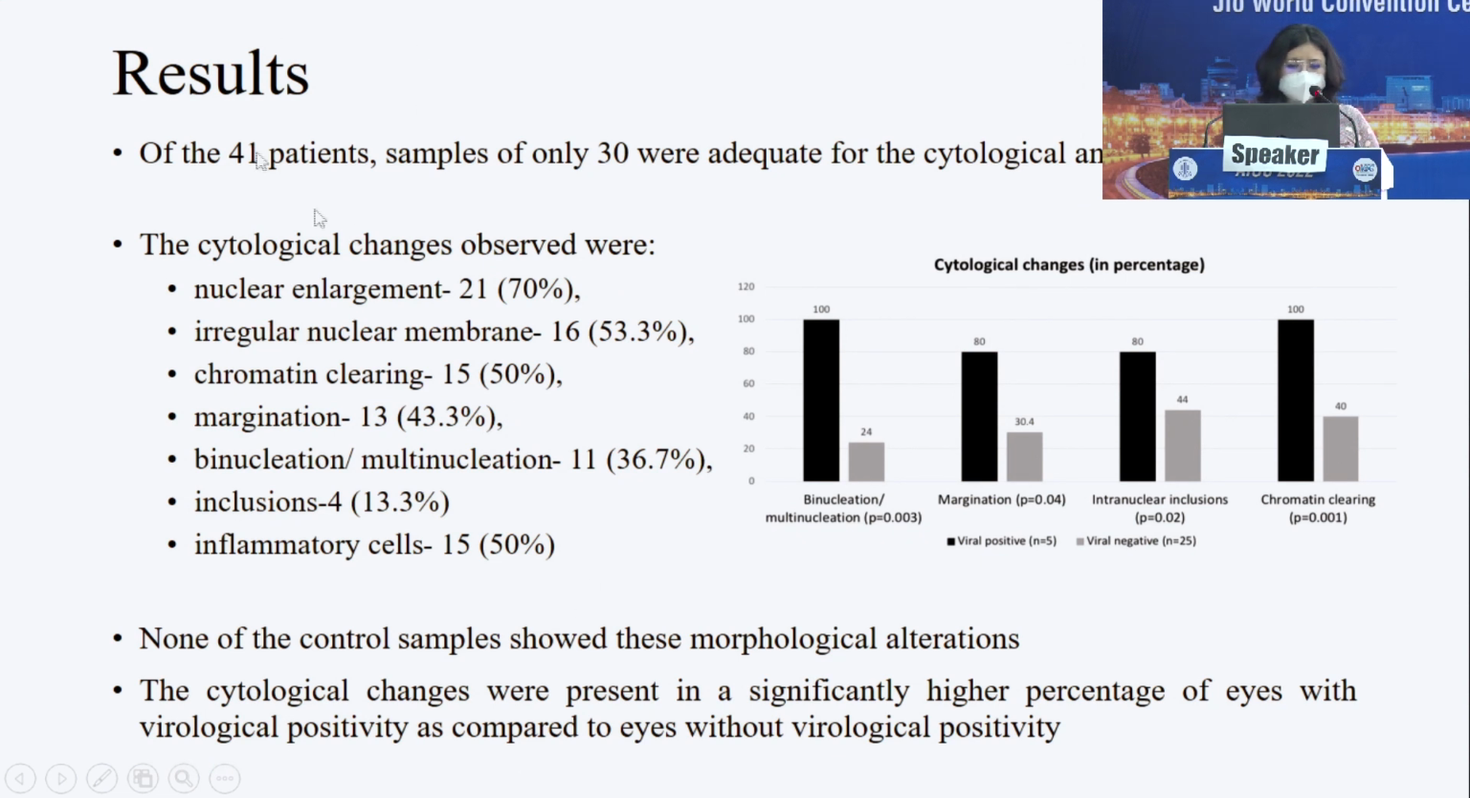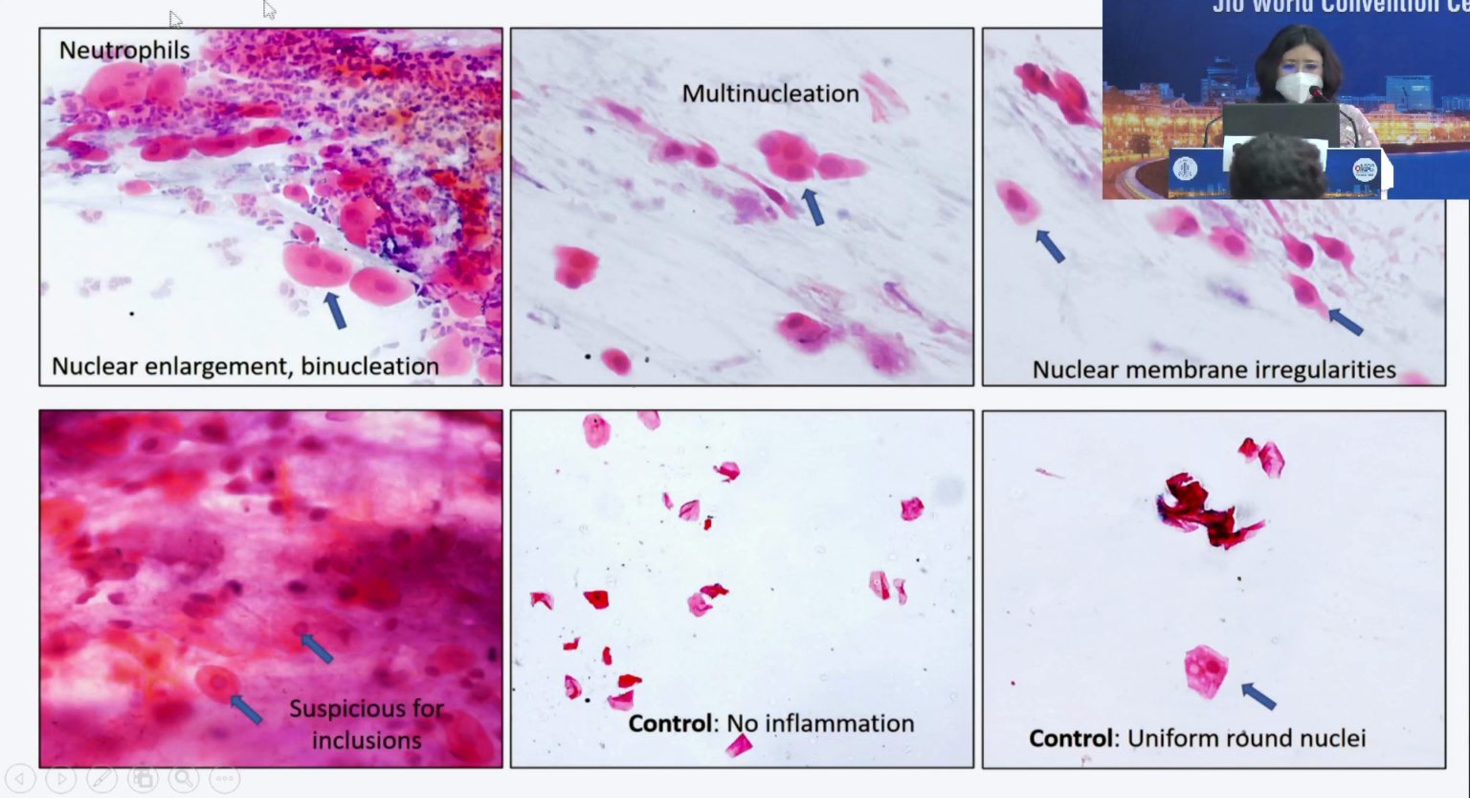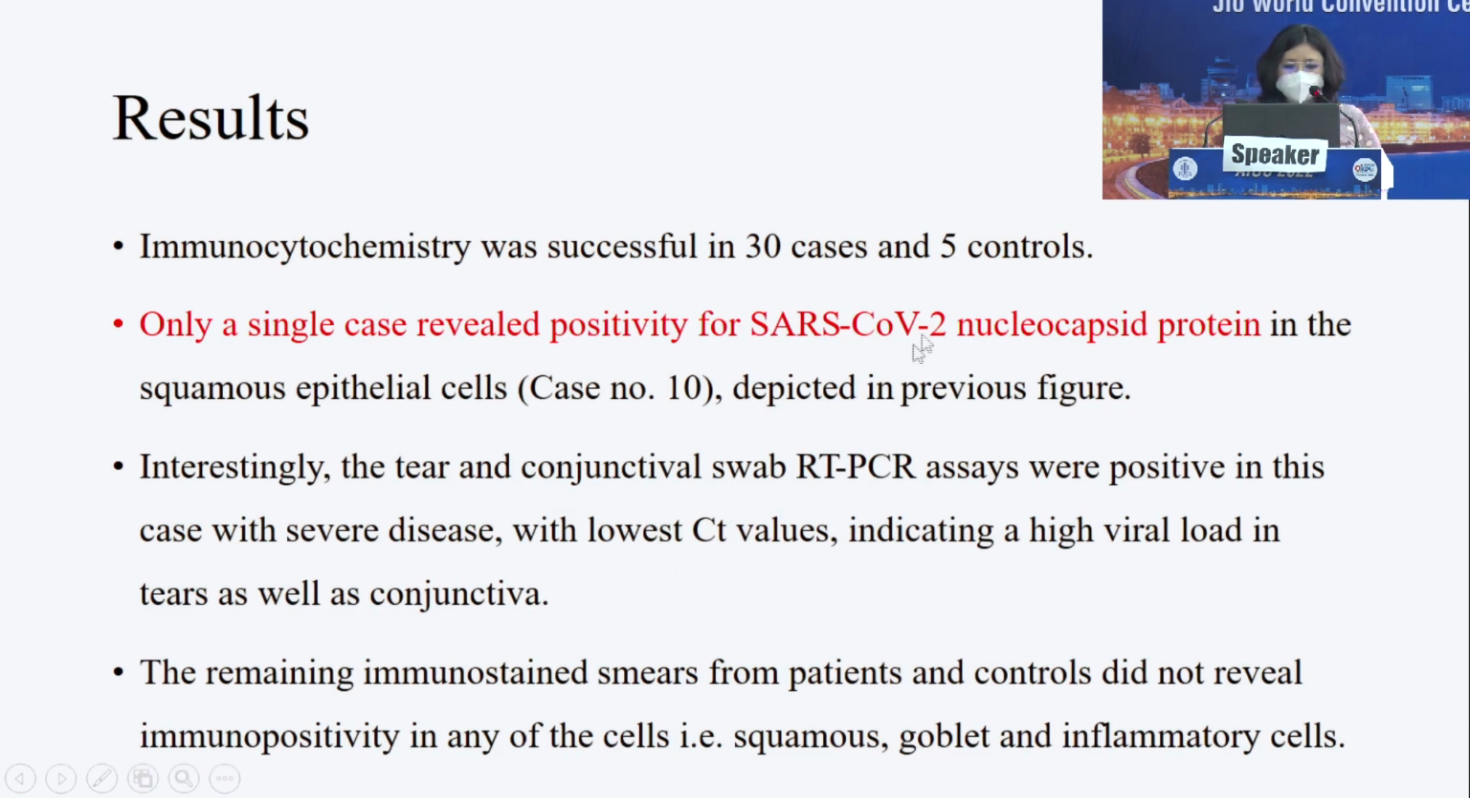Out of the 41 samples taken, the samples of only 30 patients were adequate for cytological analysis. In the cytological analysis of the cases, we saw a lot of neutrophils, nuclear enlargement, binucleation, multinucleation, nuclear membrane irregularities, and suspicion of inclusions. However, in the controls, there were no signs of inflammation and the nuclei were uniform. Immunohistochemistry was possible only in 30 cases, and only a single case revealed positivity for SARS-CoV-2 nucleocapsid protein in the